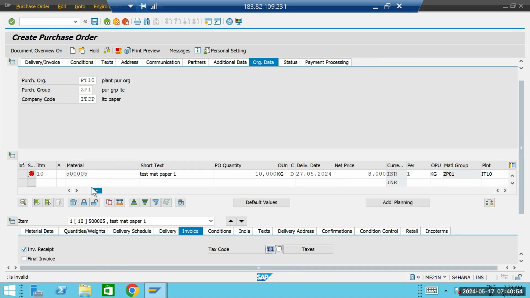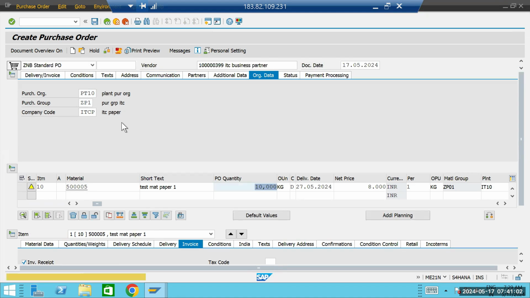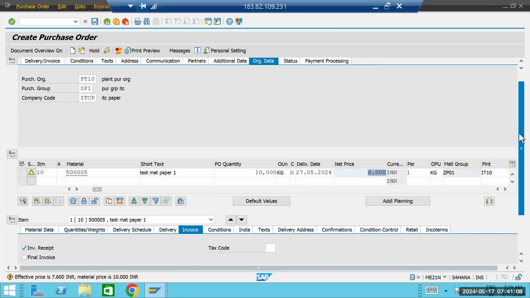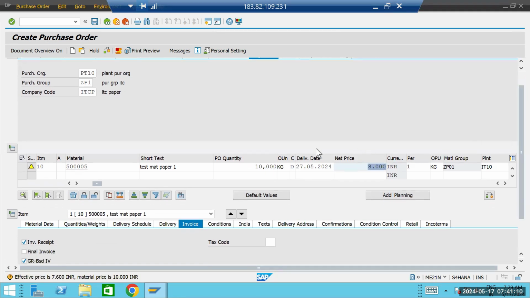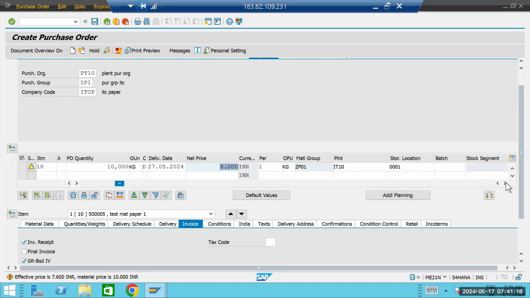Enter. Now again hit enter. Okay. Tax code. Remove it. Okay. Now click on enter. Okay, so now you can see this is the mandatory data that we have to enter. Okay, so as per the price, as per the quantity, it is taking the price automatically. Okay, so by default it is taking the price from the,